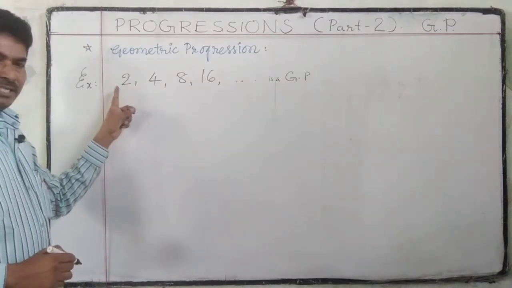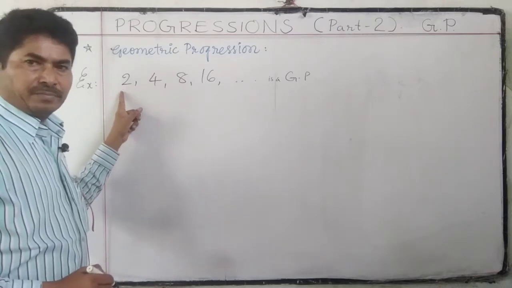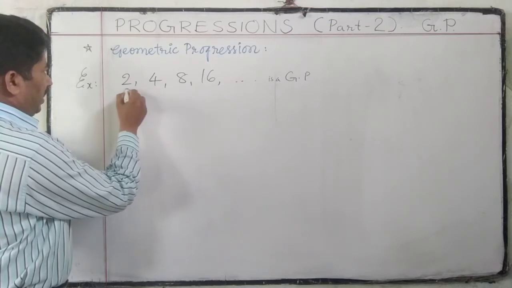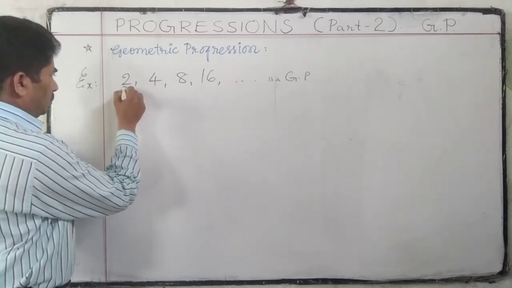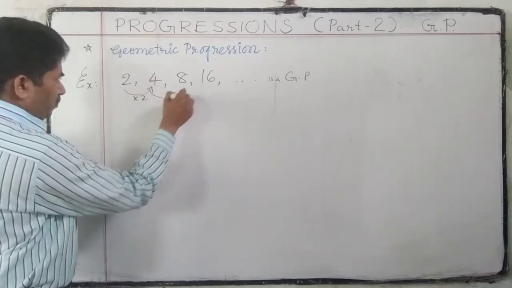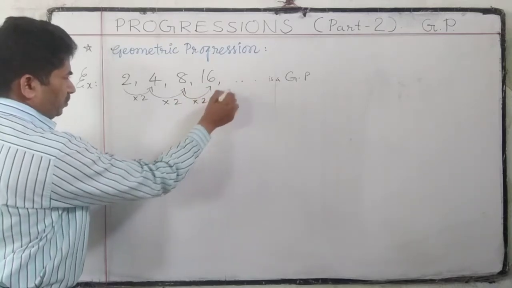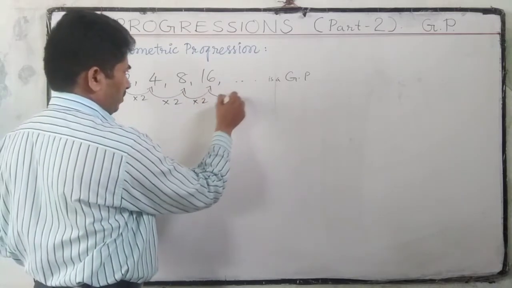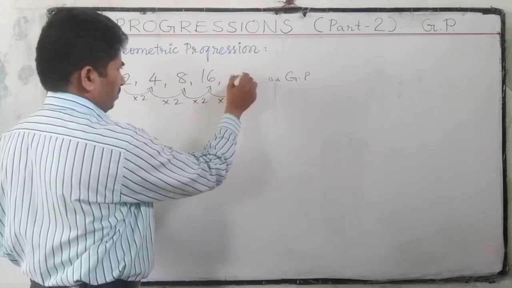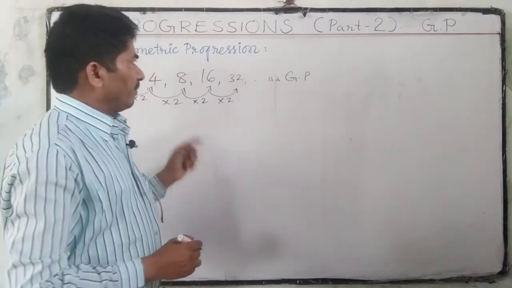Here, except the first term, for each term we are multiplying by a fixed number, that is 2. 2 2s are 4, 4 2s are 8, 8 2s are 16. Like this we can get the next number also by multiplying by 2. 16 2s are 32. So this fixed number is called